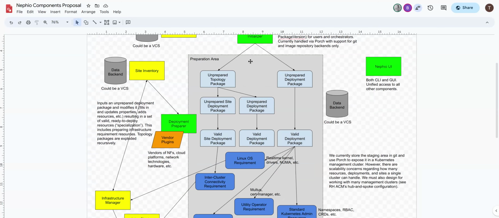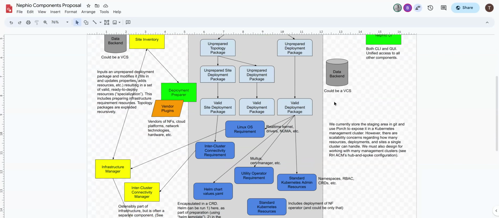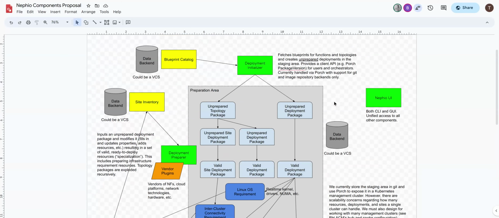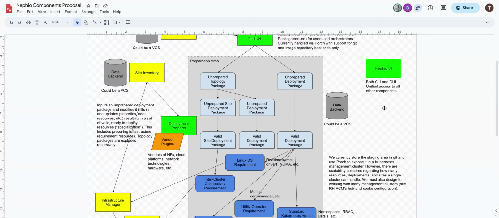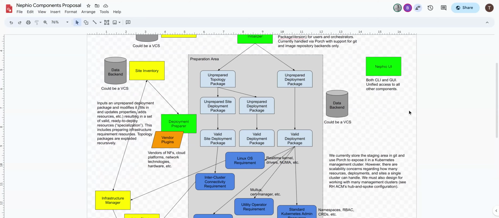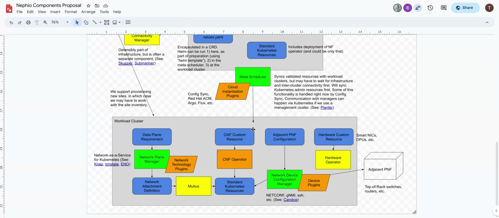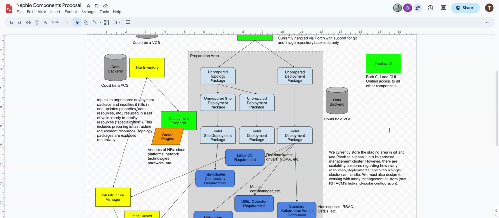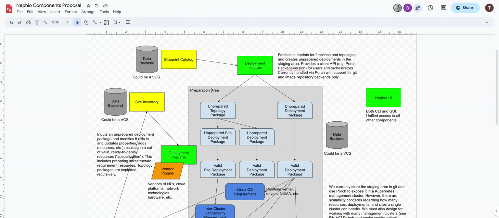Next, as I said, it's put in a preparation area. And here I need to talk about what this preparation area is, because it's very critical, I think, to understanding our architecture. It's where we do almost all of the work in FEO right now. Although, again, I said in the future, we also want to do work in the workload cluster. It tends to be synonymous with what we call the management cluster, but I'm changing the name here on purpose